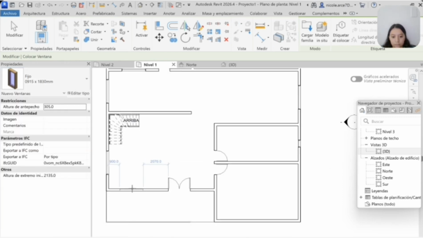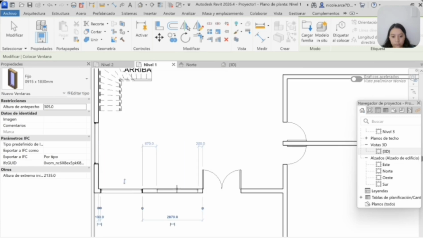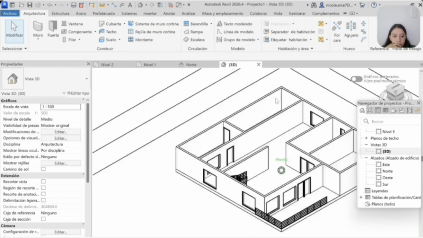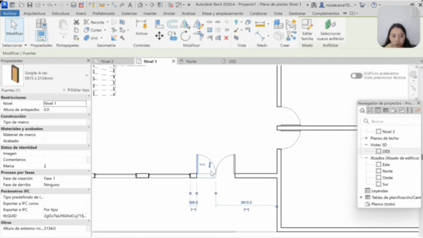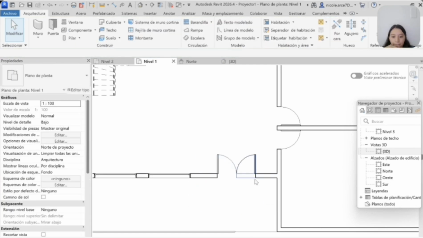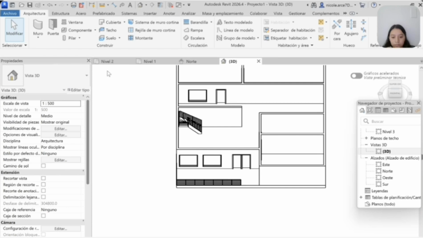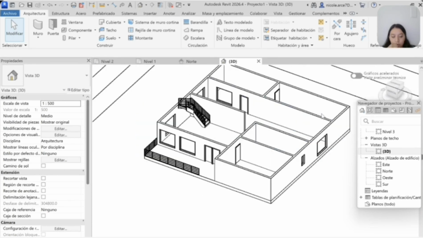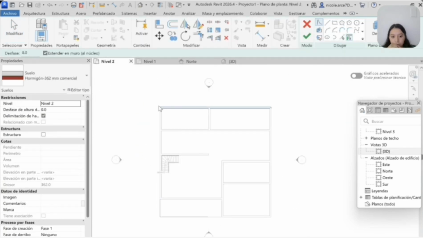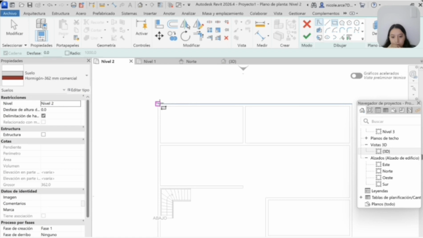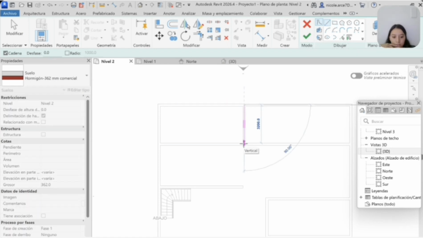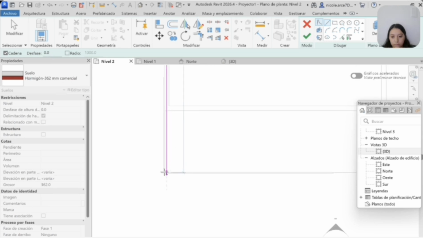Then I focus on the roof design, and I create a sloped roof that covers the entire structure, and I used its slopes and geometry so it fits correctly with the walls and gives a clean finish to the building. After completing the main elements, I refine the model by checking proportions, elements, and details such as openings and